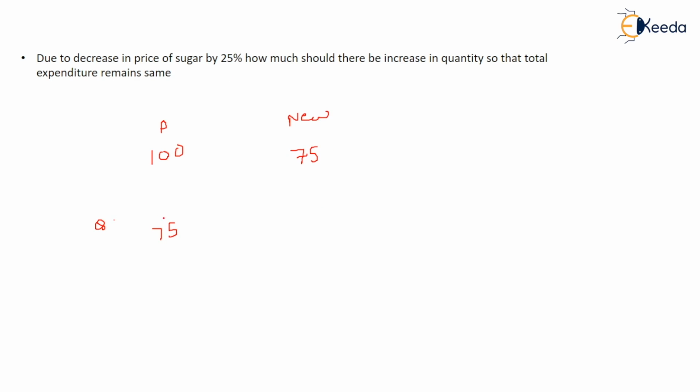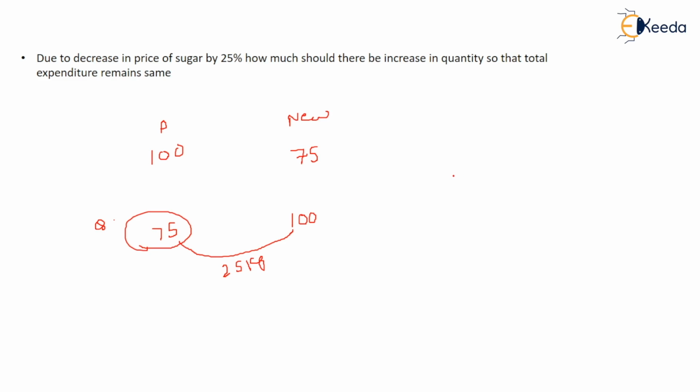So earlier they used to eat 75 kg. Now because of less price, they are eating more, right? This happens in your day-to-day life. Whenever there is a reduction of price, what do you do? You generally take more food. So 100 kg now they are consuming from 75. So how much did their consumption increase? 25 kg.